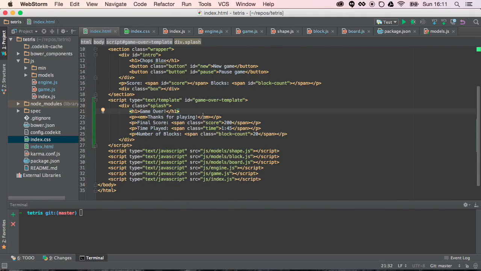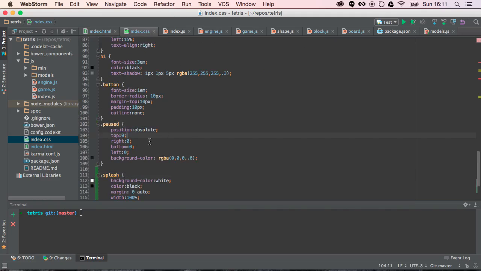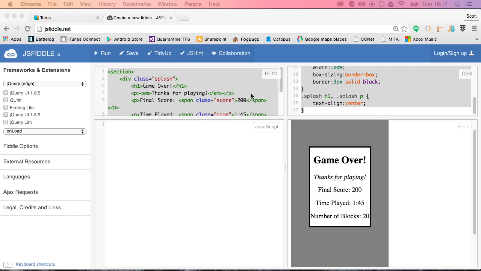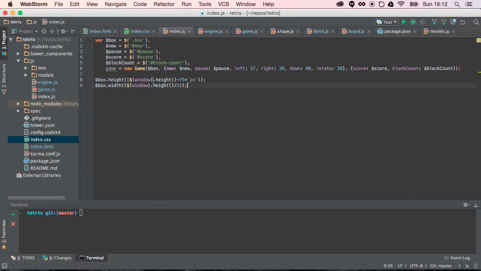Now we just need this, except the pause doesn't have any padding on it. So we are going to need to add a little bit of padding to the pause. Position absolute, top right, bottom left. Let's try this, right? Padding 20%, 30%. No. 10. Okay. Alright, so then we need an index.js,